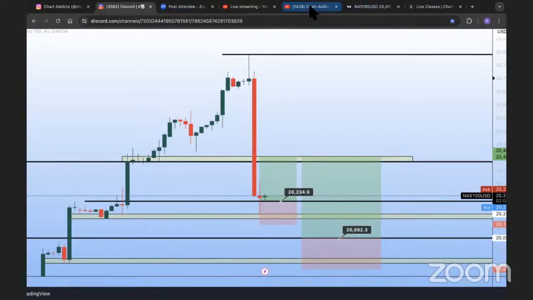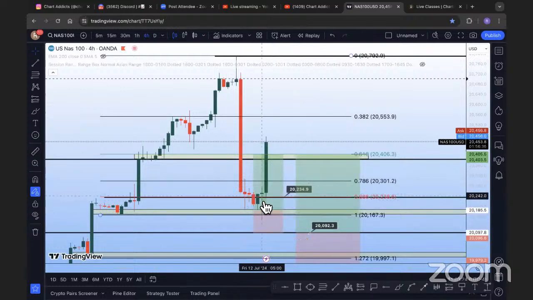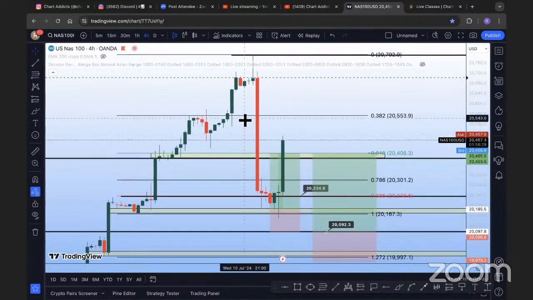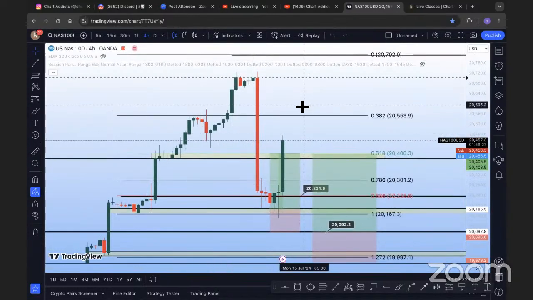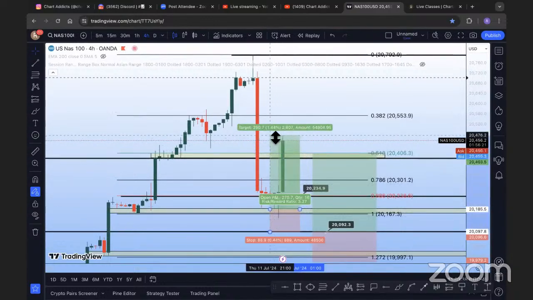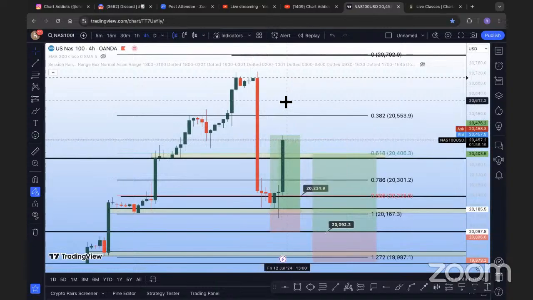So where are we at? Right here. I had to re-enter this trade on the break back inside, extended my stop loss, and the only issue is that I closed this trade prematurely. I closed it at a 1-to-1, and if I had held this trade, it would currently be running at probably a 3.3 to 1 R. So I missed out on 3 times the money that I could have made.